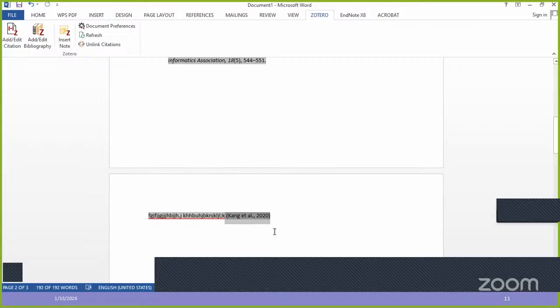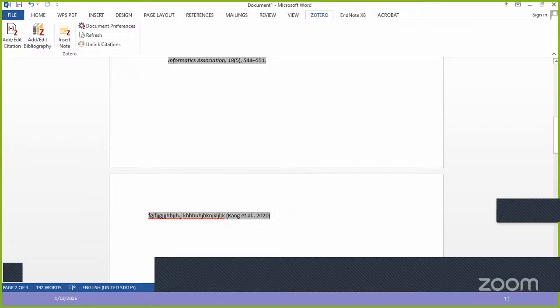Have you understood how to add a citation using Zotero? There is no need to create it manually and then cite. Whatever papers you have in your library, you can cite those papers automatically. So click on Zotero and the add and edit citation section. With this tab, you can cite your text with the help of Zotero software. You can see here the author name and the year cited for this text.